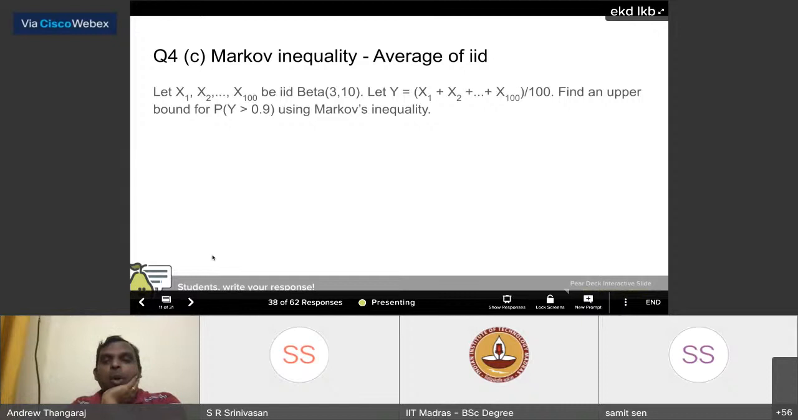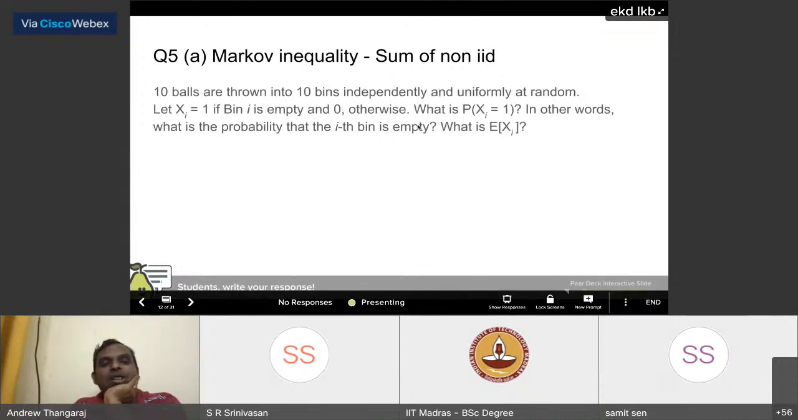Okay, so the last problem I'm going to show you is going to be a little bit confusing. It's probably the most complicated problem we have seen in the Markov inequality case. So let's